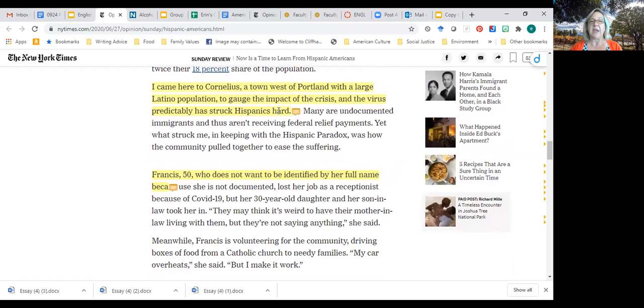Notice how he says they aren't receiving federal relief payments. Why add that detail? It's an important detail. Because it shows that even though they're struggling more, they're not getting the relief that everyone else is. Yes. Why else add that?